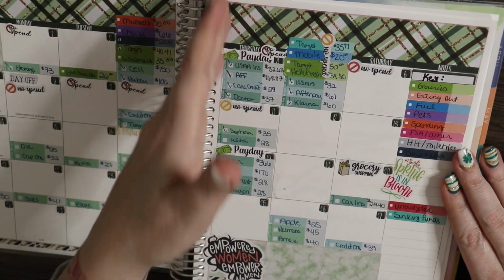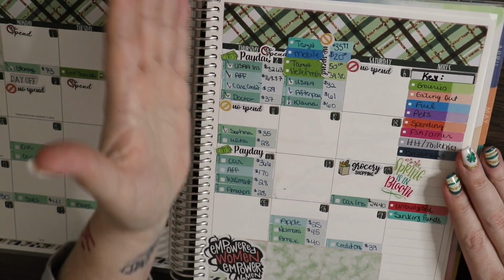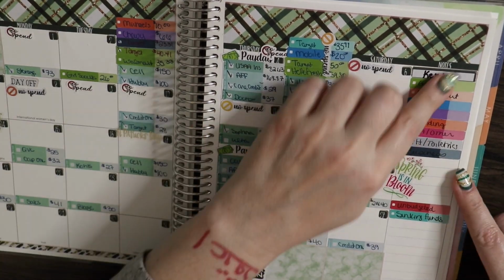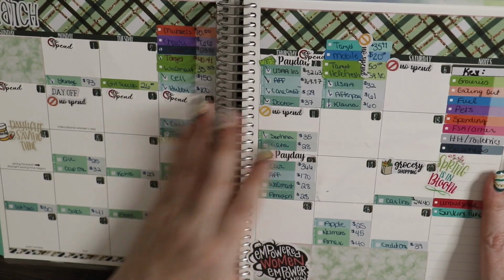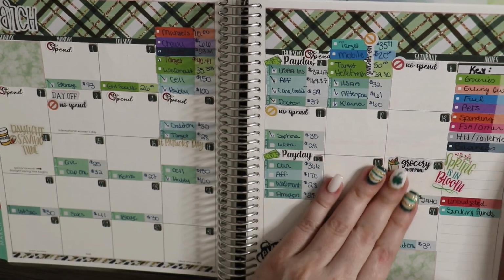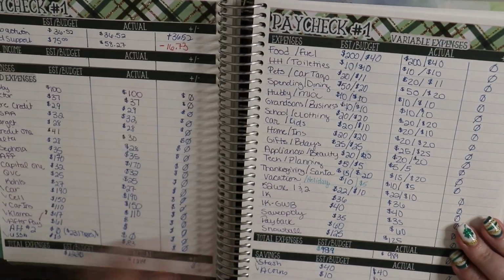because I had been using that dashboard to do it and it's always in the way. I mean, I'm constantly pulling it out, putting it back in, and this is just so much easier, and it honestly freed up a lot of my frustrations in the planner. So this is what my monthly spread looks like. So we're gonna go to my